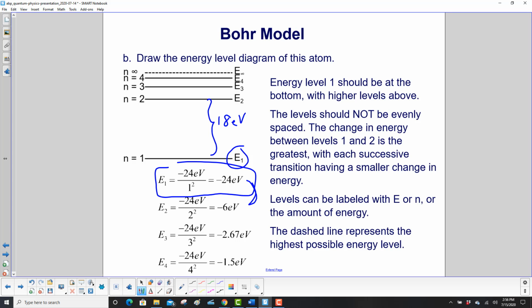With each successive transition having a smaller change in energy. So let's look at the 4 to 3. That's going to be 2.67 minus 1.5. So what is that? 1.27. So that's between 4 and 3. That's very small. A lot smaller than 18. The dashed line up at the top for n equal to infinity, that's going to be our highest possible